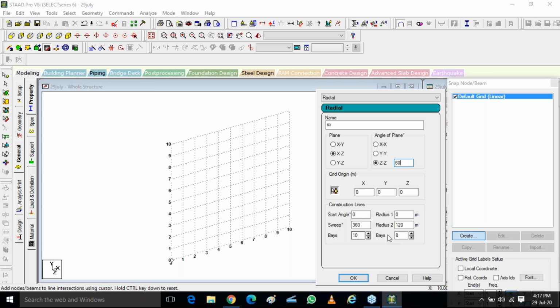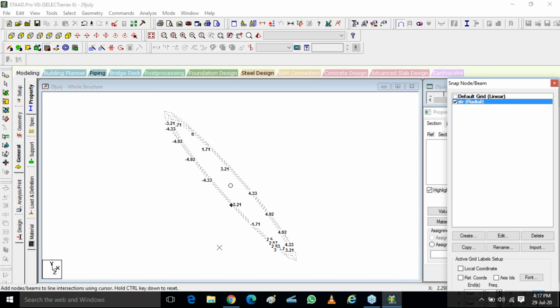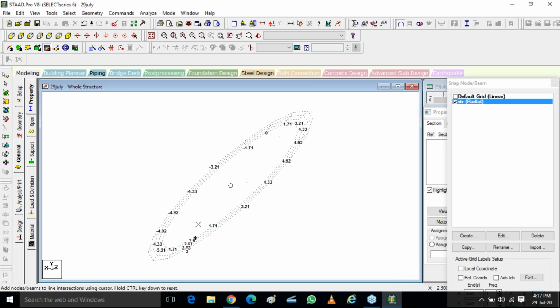Now, what is the angle and all those things you can keep. The inner radius I want to be, suppose, 5 meters, and the outer radius I will keep it, suppose, 6 meters. 1 meter width is good enough for the staircase. Now 360 angle of divisions base. Okay, now in this 5 to 6 meter I only want 1, and in this I want 18 divisions. You will get to know about this when I show you. Okay, can you see this in isometric view how it is looking?